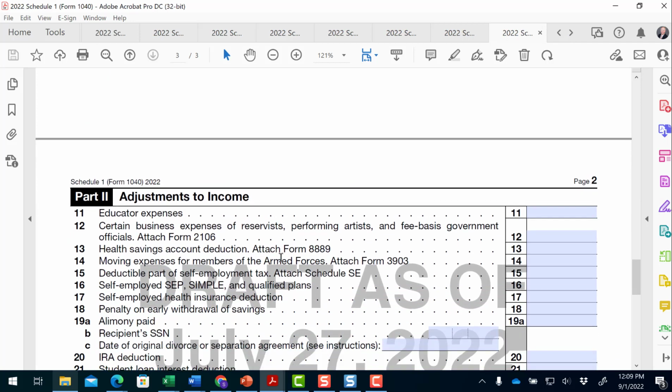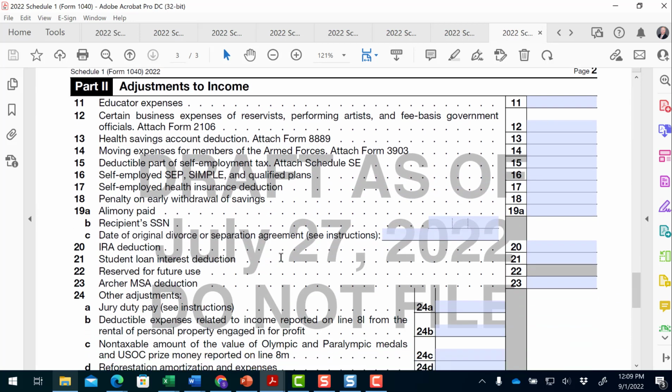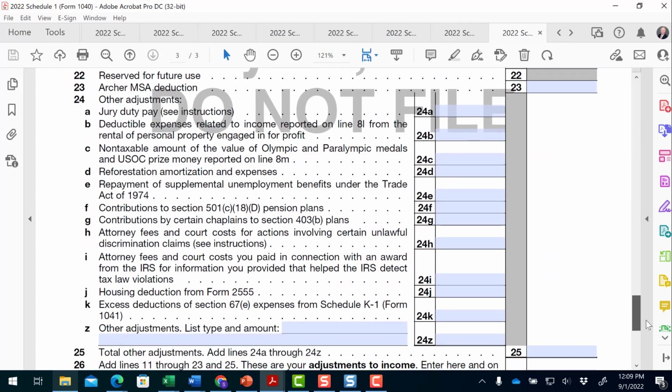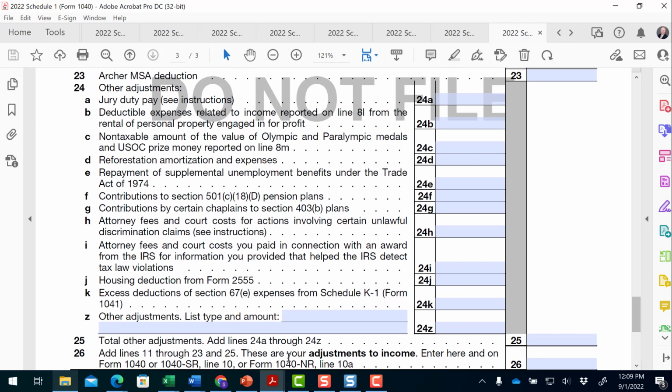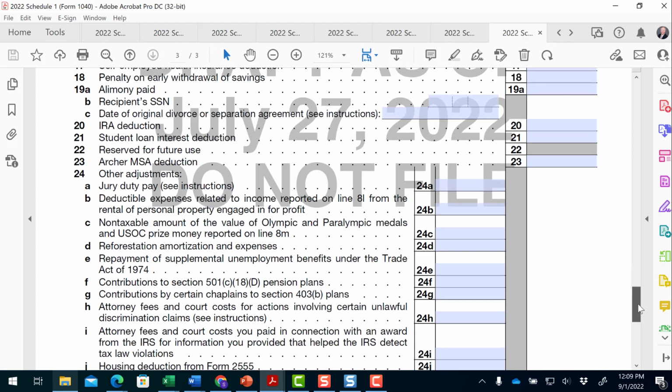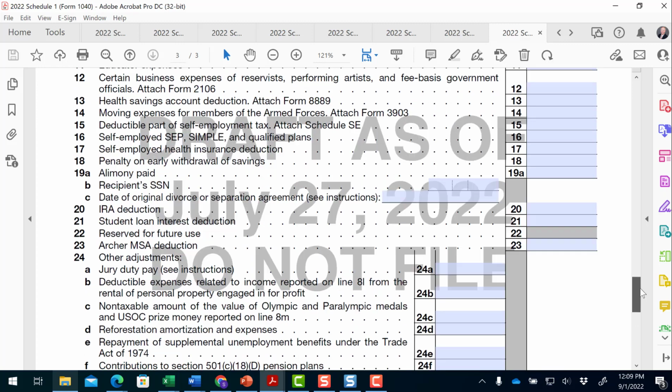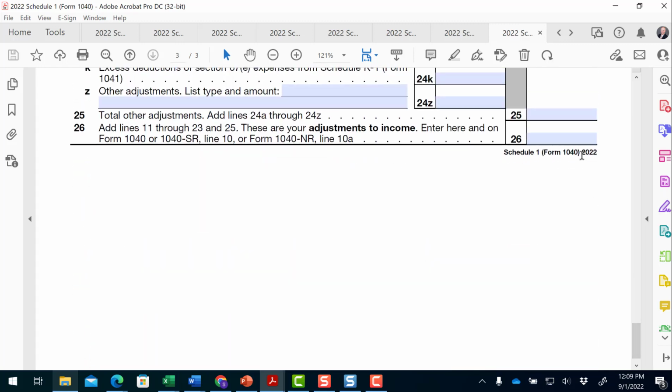So here's part 2 of Schedule 1, adjustments to income. These are for AGI adjustments, and you can see they're all listed out. The common ones are 1 through 23, and then the less common ones are broken out in 24, A through Z, just a bunch of stuff that might not normally be on most people's tax returns. But they're all the same. Total it up. Drag that back, and we're back, of course, to